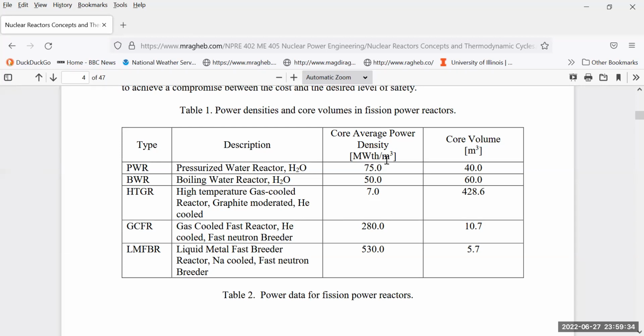If you build such a reactor, you'll find that you have a core average power density of 7 megawatt thermal per cubic meter. However, most of the reactors in existence today use light water, and we'll differentiate later between light water and heavy water. And most of those reactors operate using pressurized water. So we pressurize the water so that we don't allow it to boil. If you pressurize water in your car, you'll find that the steam there pressurizes a little bit, and the water is not boiling